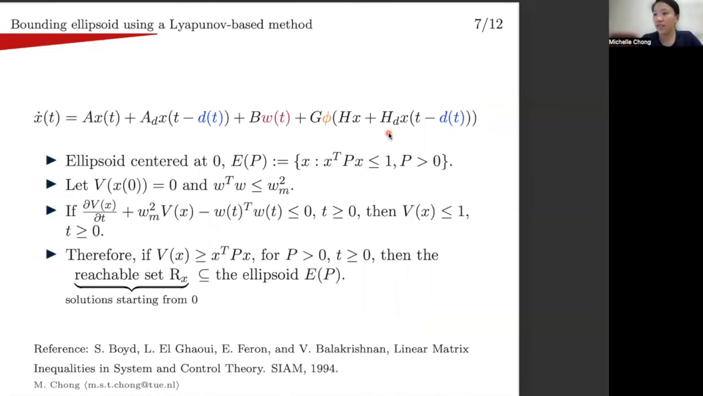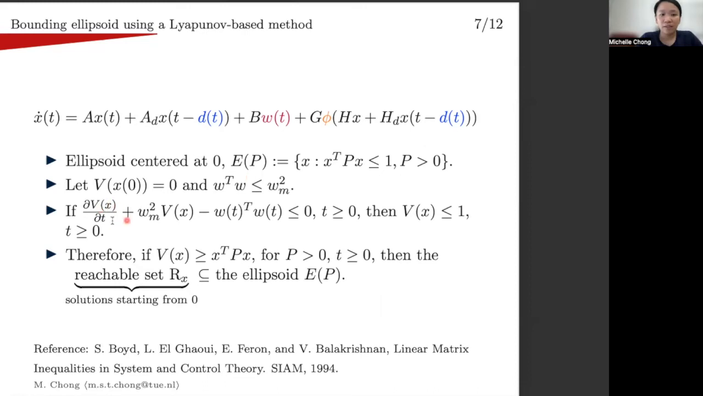As alluded to a few slides ago, our objective is to bound the reachable set with ellipsoids, as they lend themselves well to Lyapunov-based methods. For simplicity, we have considered systems which start at the origin. Consequently, we can use ellipsoids that are centered at 0, which can be written as follows, with P being a positive definite matrix. Suppose that there exists a scalar function V that maps the state to a scalar, which is 0 at the origin. And also by considering bounded inputs,